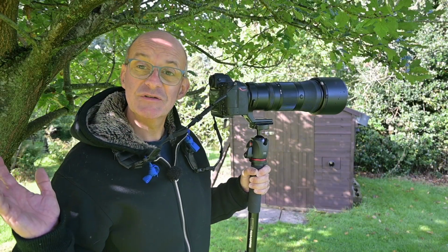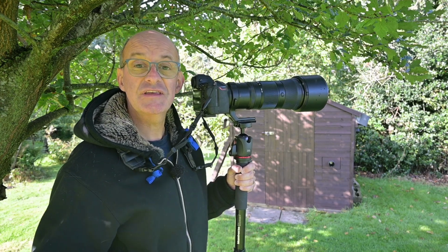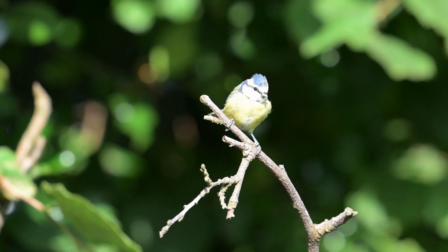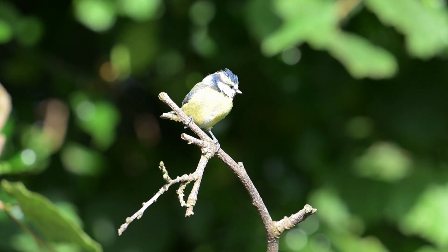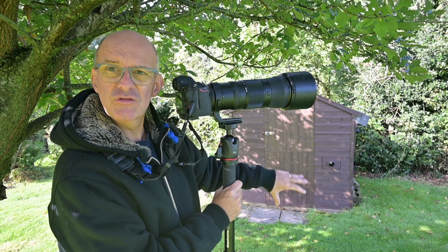Now, I've spent a little bit more time here by this oak tree and my patience has paid off because the birds seem to have calmed down and started landing on the perches by the feeders and on the trees surrounding them as well. Now, I'm a little bit disadvantaged this morning because the perches are really angled towards the hide,